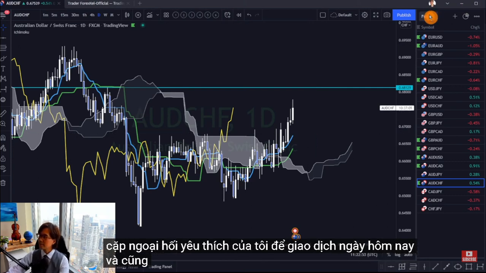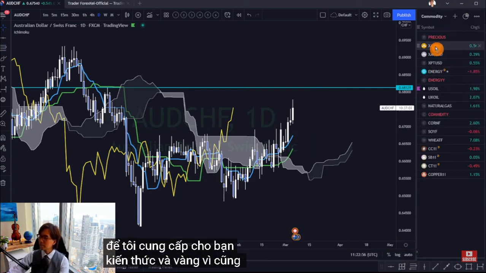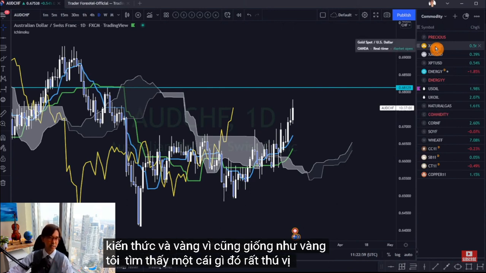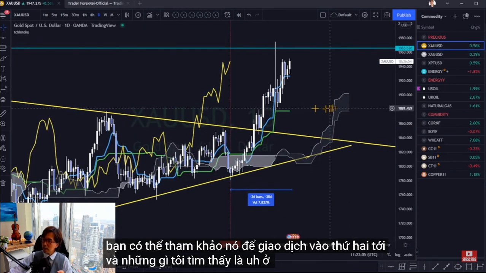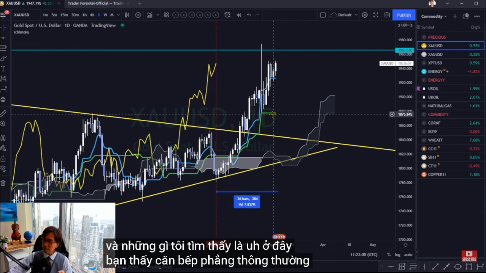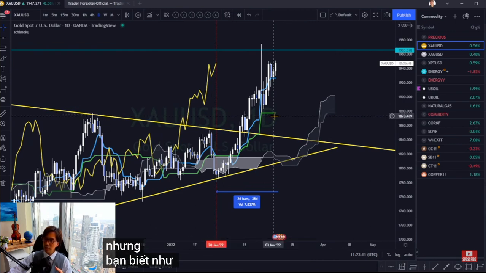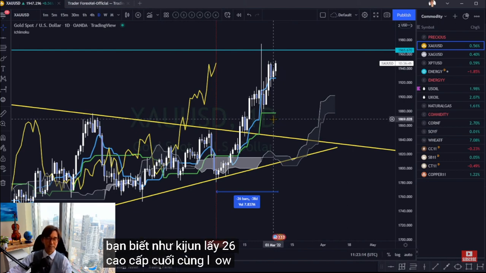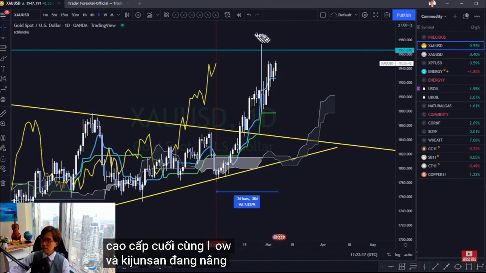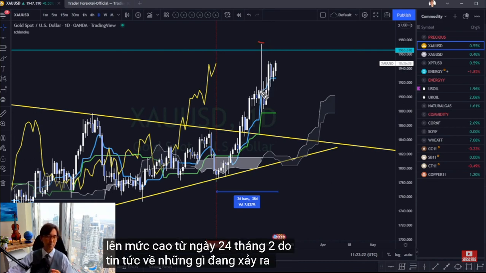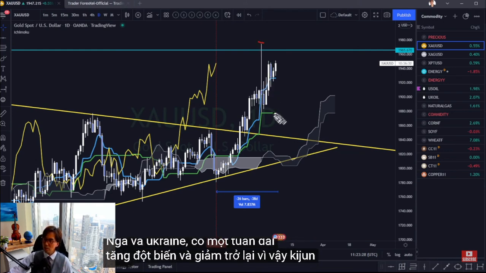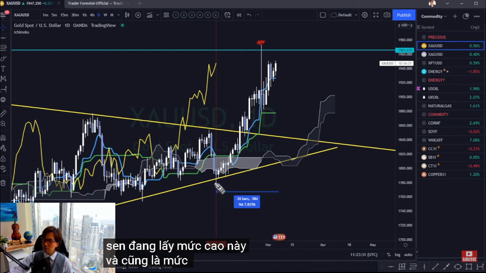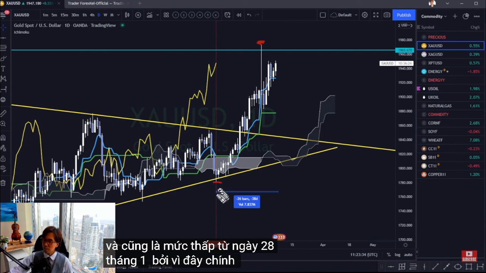And also, let me give you analysis on gold, because on gold, I found something very interesting, and you can refer to it to trade next Monday. What I found was that here, you see the Kumo flat, Kijun-sen flat. But as Kijun-sen takes the last 26 high and low, it is taking this high from the 24th of February, due to the news of what's happening between Russia and Ukraine. There was a long wick spike up and retrace backwards. So Kijun-sen is taking this high, and also the low from the 28th of January, because this was exactly